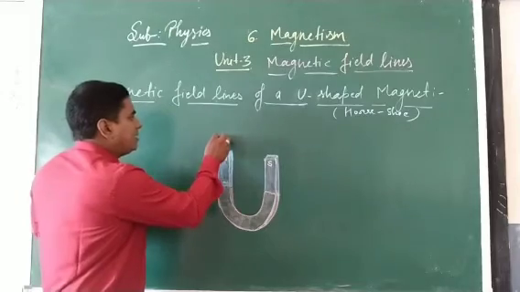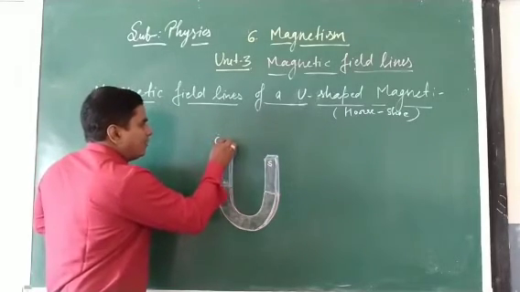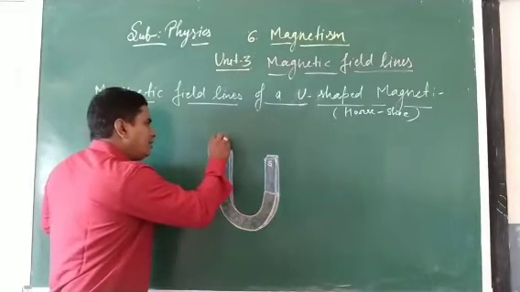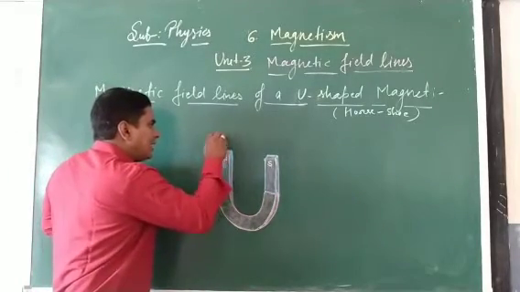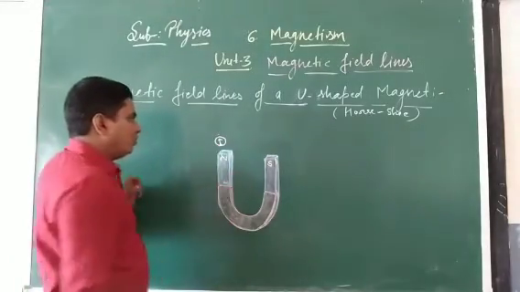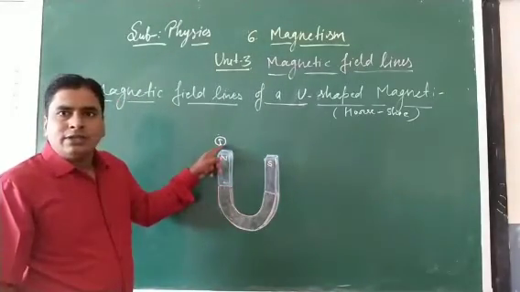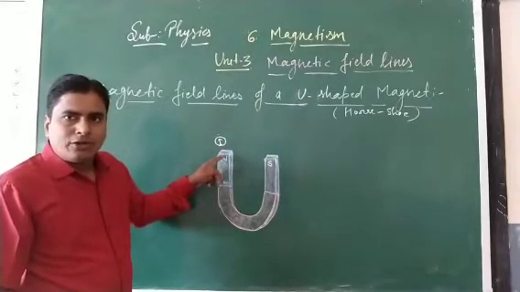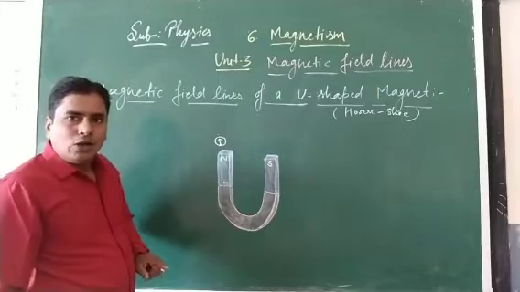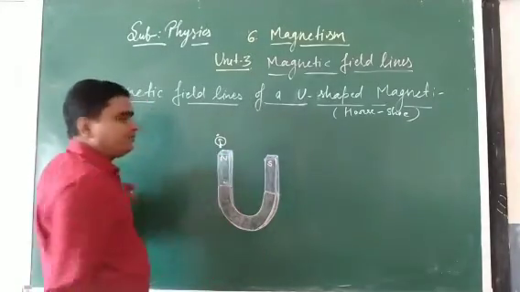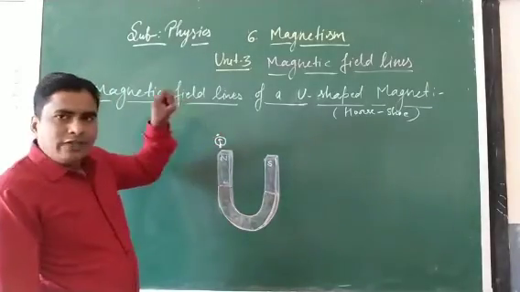So first we place the compass needle here. What will you see? You will observe that when you place the compass needle, its head points outward, towards the north pole, because its head indicates the south pole. The south pole is attracted by the north pole, and the head points outward. Then we put a point here and one more point. Clear?